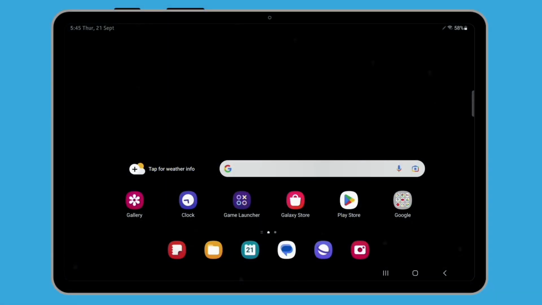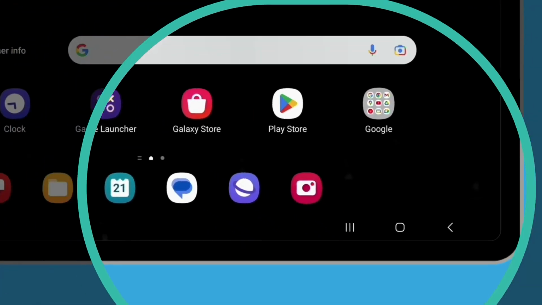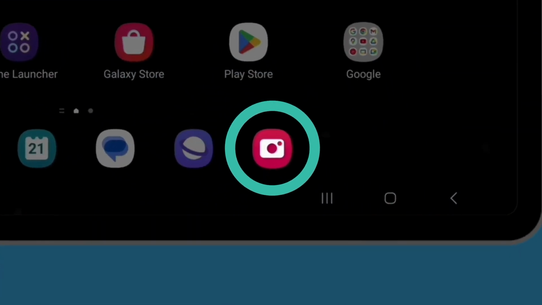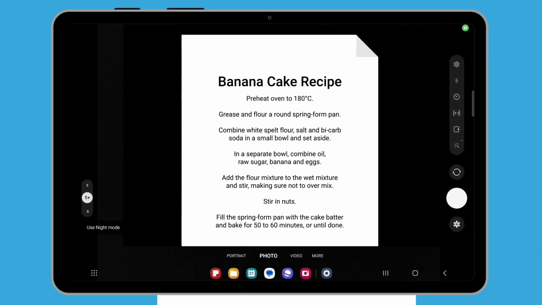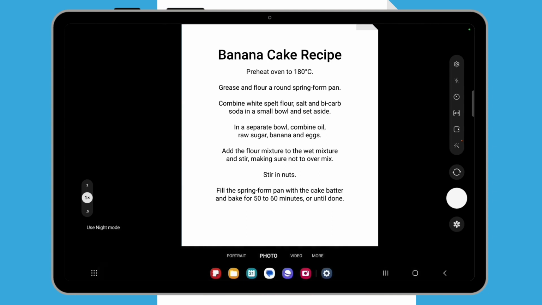The camera on the back of your tablet can help you see things up close. This can be handy for reading fine print on bills or for getting a closer look at small objects. To access the camera, you need to open the Camera app. Look for the Camera app icon and tap it. The Camera app will open, and you can see a preview of what the camera can see.